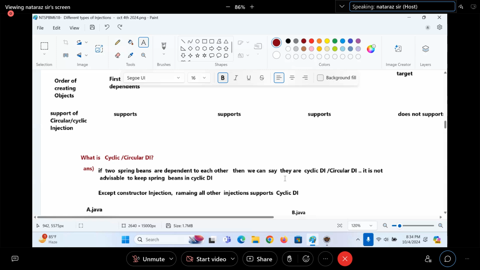Why is constructor injection not possible? Concentrate. Class A, private B, constructor with one param with @Autowired. Class B, private A, constructor with one param with @Autowired. In the client application, I create the IOC container. It tries to load the A class and create the object. But notice @Autowired is there on the constructor. So in that process, what will it do?